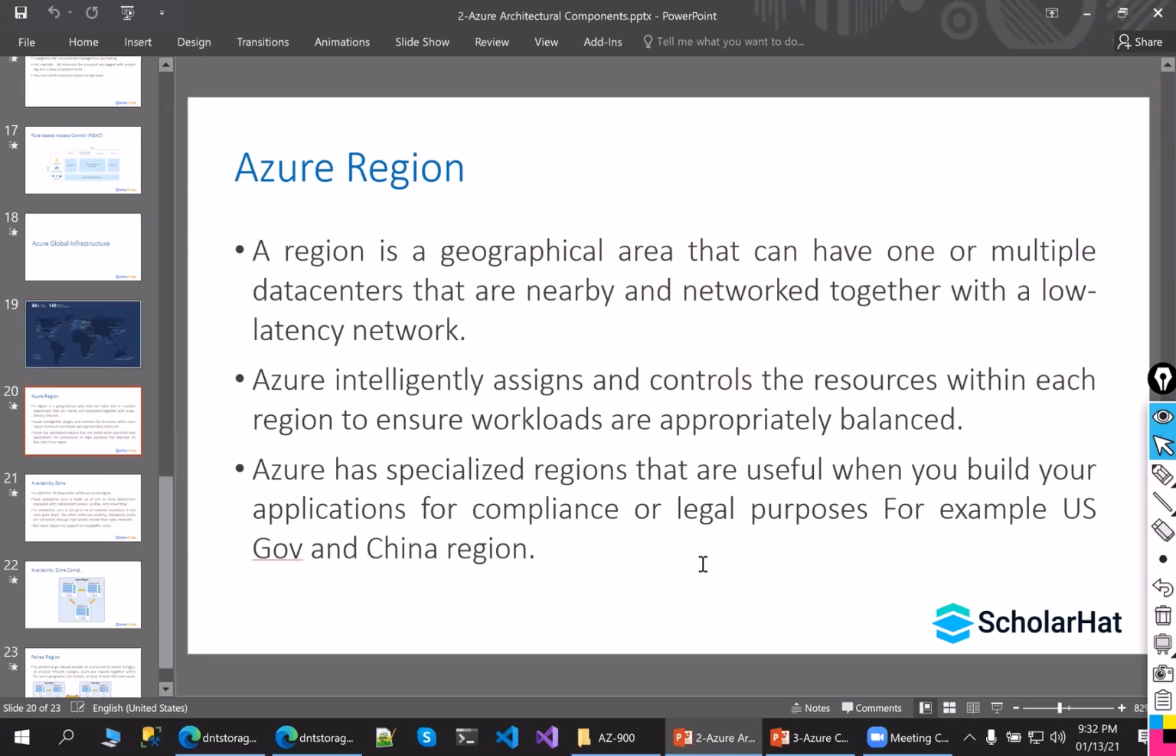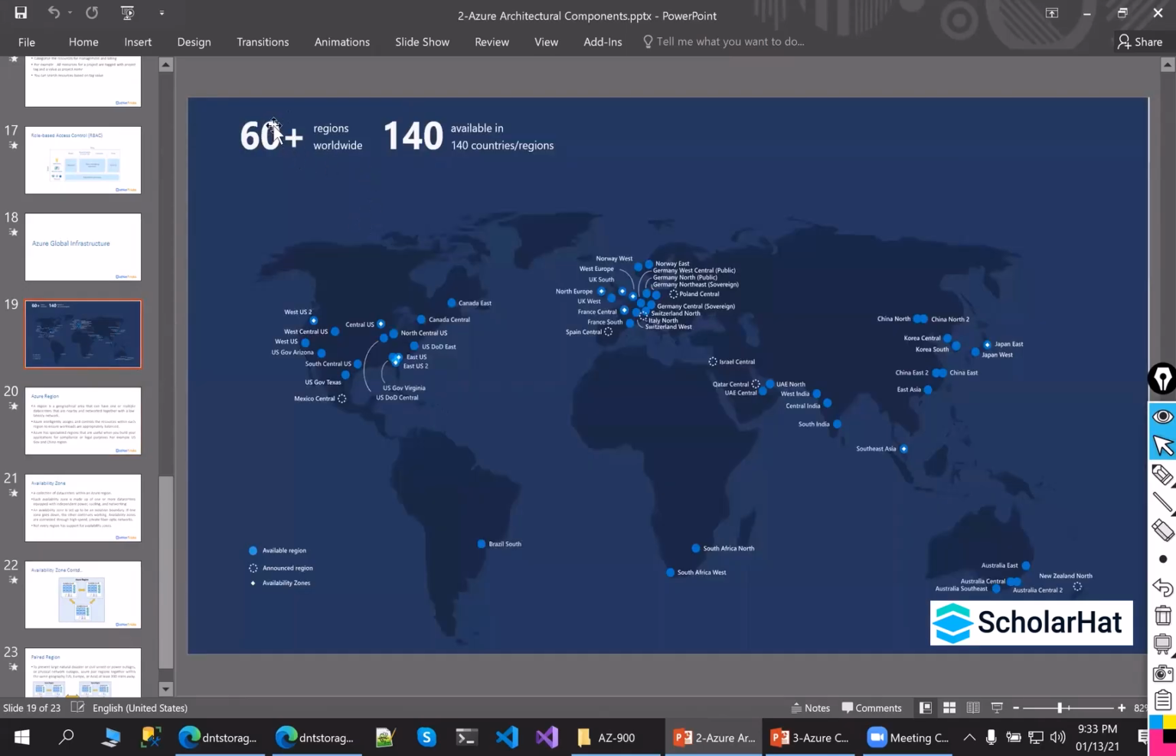Okay, let me discuss what a region is. It's simple. Here, these roles are predefined, and you can even create a custom role as well and provide the permission. So when it comes to the Azure region, an Azure region is a geographical area that can have one or multiple data centers, networked together with a low latency network. So obviously Microsoft has multiple regions, 60 plus regions, and in these 60 plus regions,